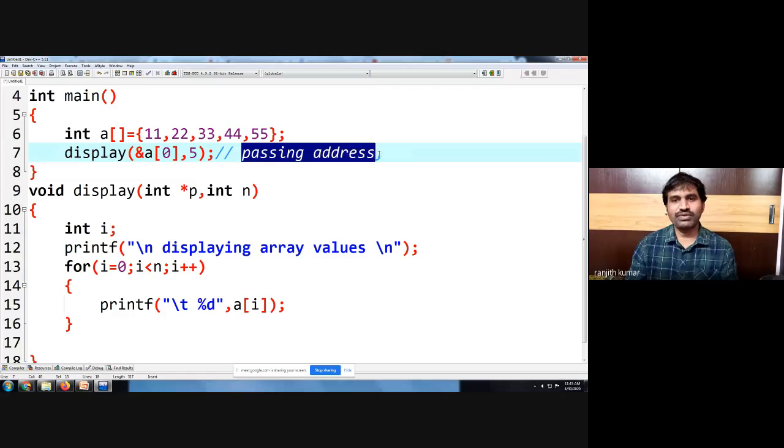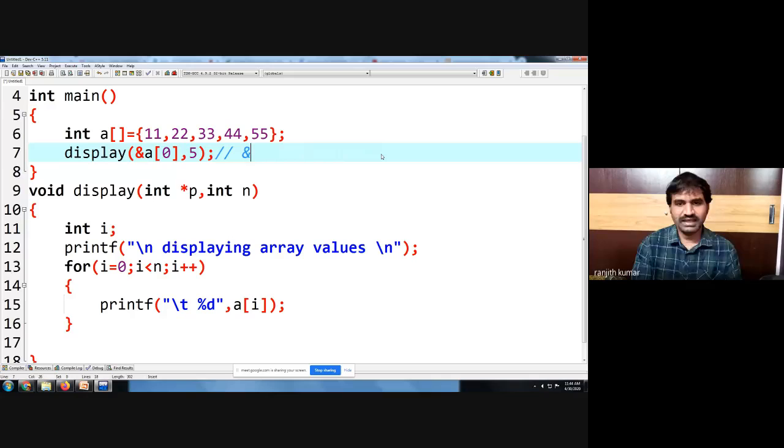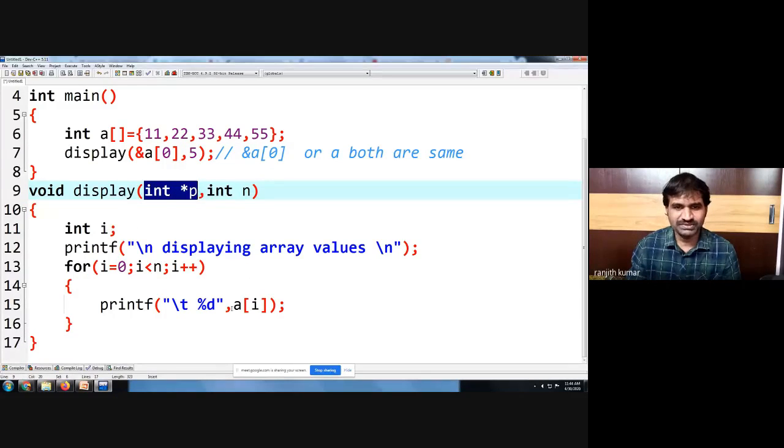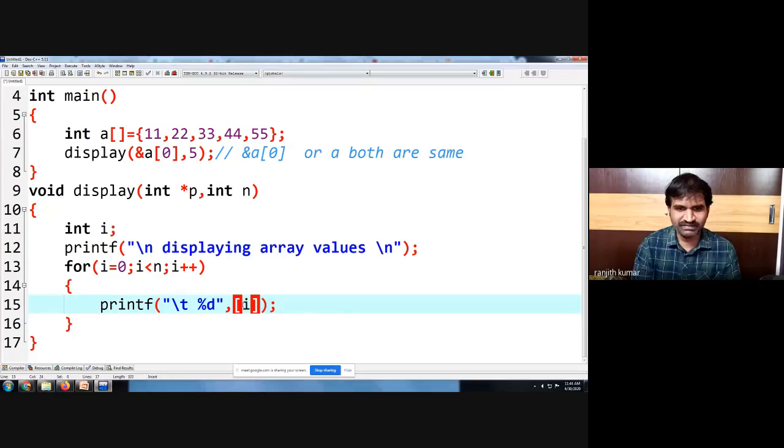We already know the starting address is nothing but the name of the array. So ampersand A of 0 or A, both are the same. Are we clear? First let us execute once, and then summarize the program. What is the parameter you have taken? P. So here instead of A, you can give P. A is also a pointer, and P is also a pointer.